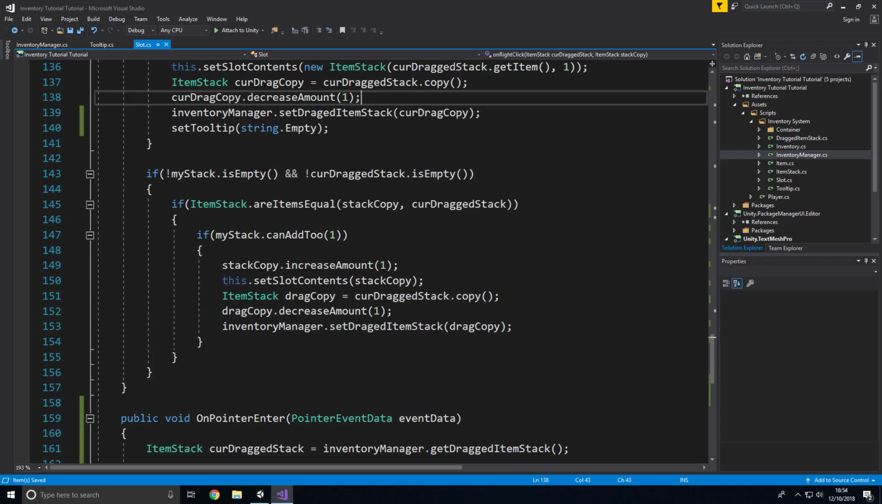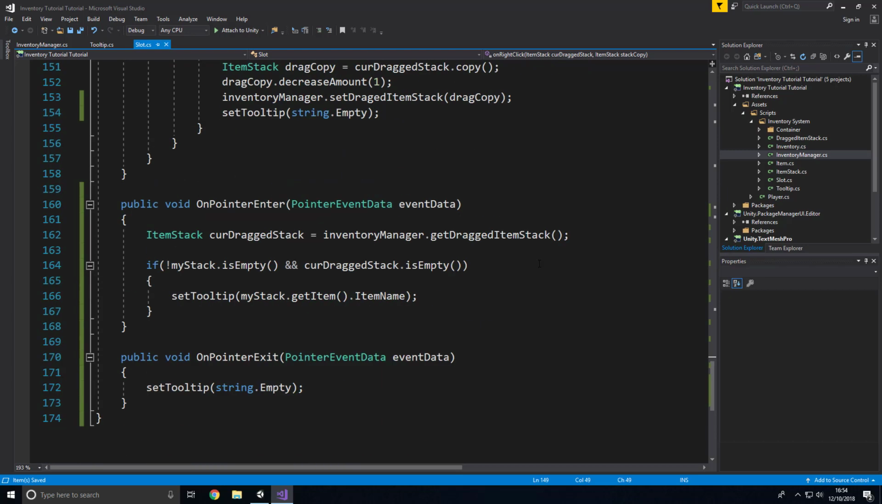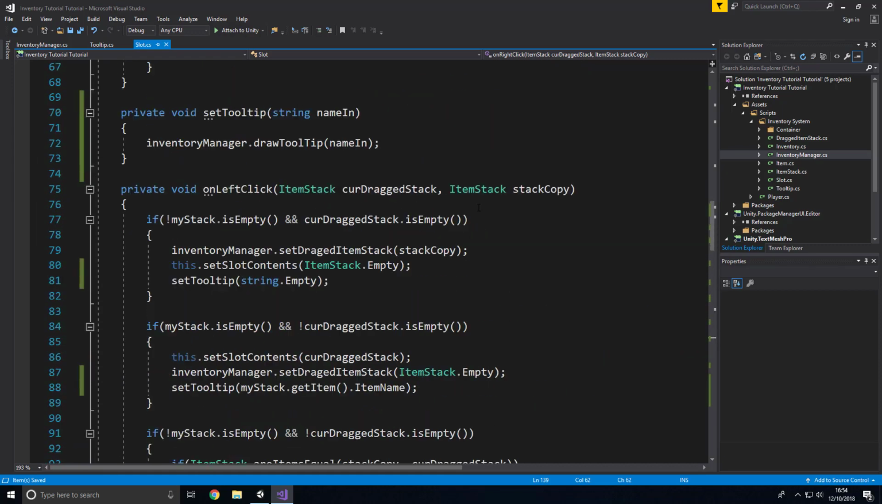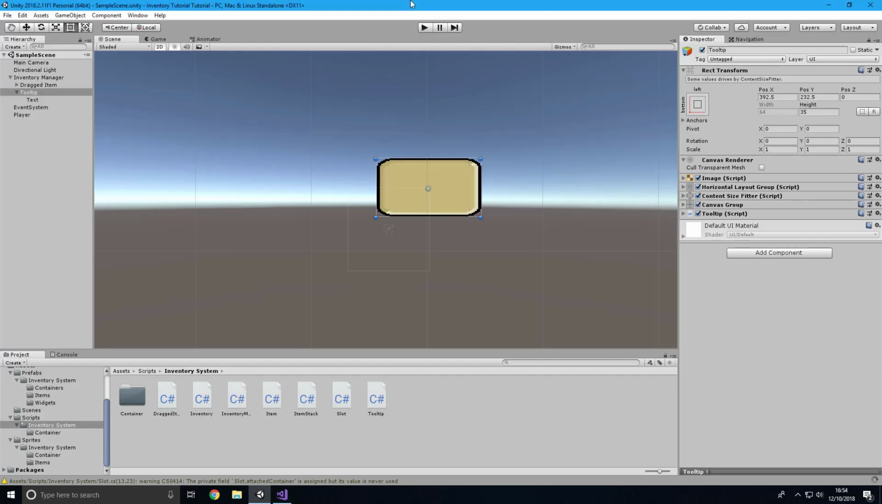And in the one below it, another empty string, because we are dragging something and we have placed something in the slot, but because we are dragging something, we do not want to see the tooltip. So now if we save all these and go back to here, quickly